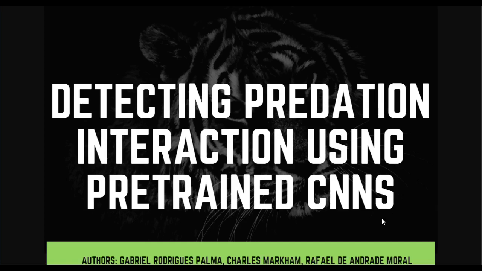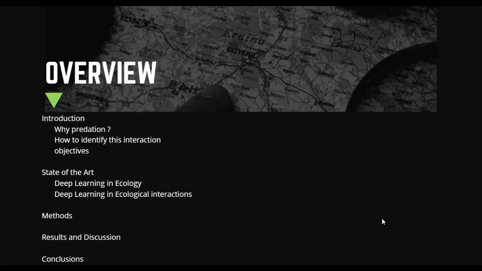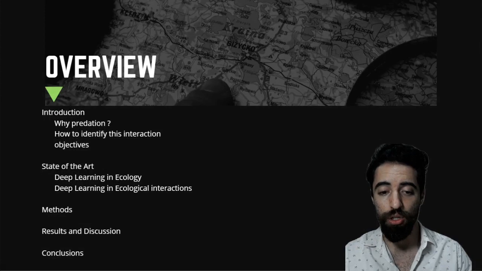Hello everyone. Now I'm going to be presenting the paper entitled Detecting Predation Interaction Using Pre-trained Convolutional Neural Networks by the authors Gabriel, that's me, Charles, and Rafael. So before I start the presentation, I'd like to give an overview of what we're going to be talking about here: